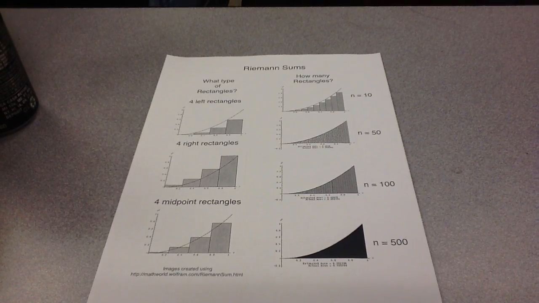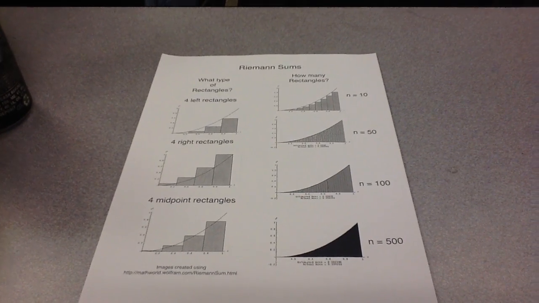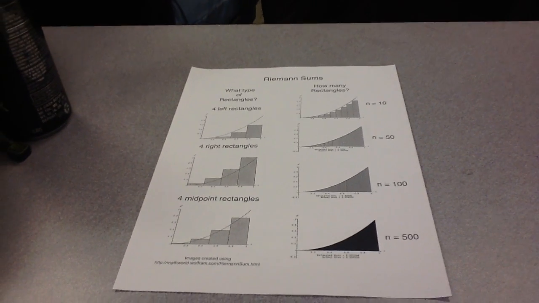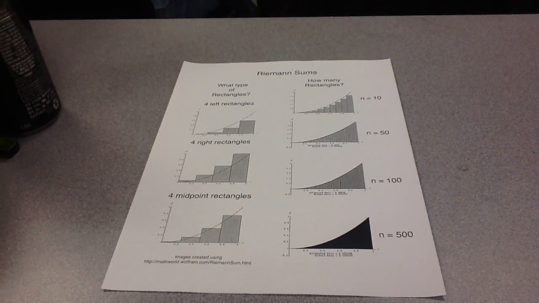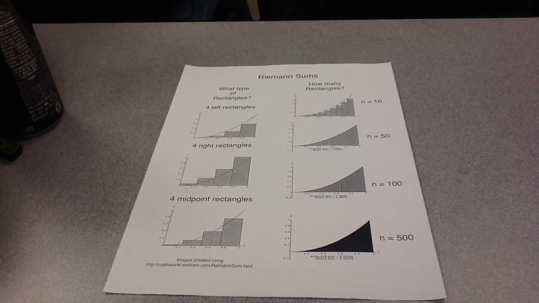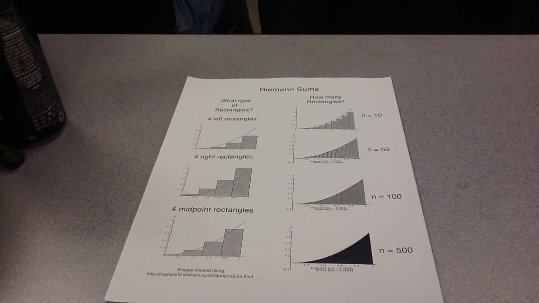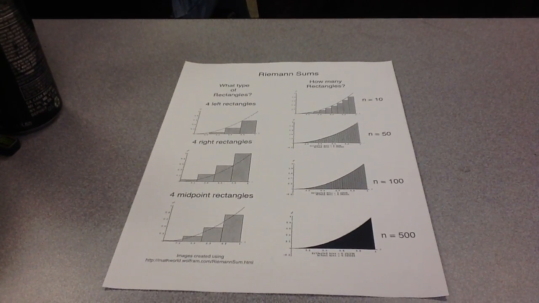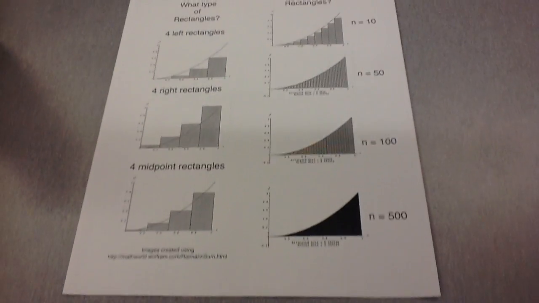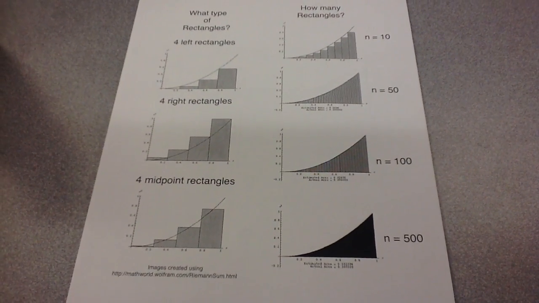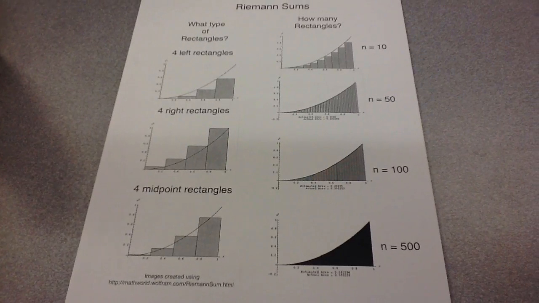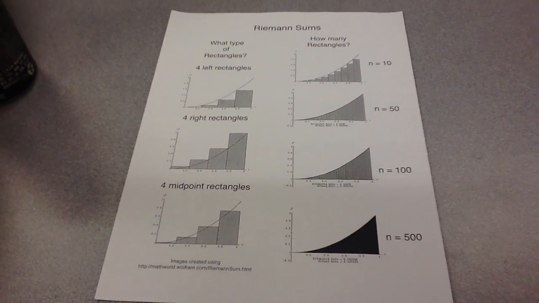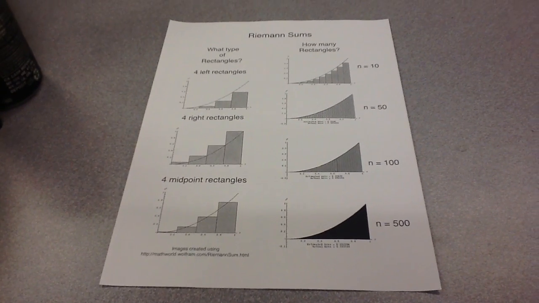Now on the right-hand side, on that column over there, you'll notice that when we bump up the number to 10, a little more than 8 even, and we're using left-hand corners, well, that's a reasonable approximation. But if we add more rectangles, if we go to 50 subintervals and make 50 rectangles, then you get an even better picture. And I wouldn't recommend doing this by hand, but if you break up the interval from 0 to 1 into 500 subintervals, like the very last one,